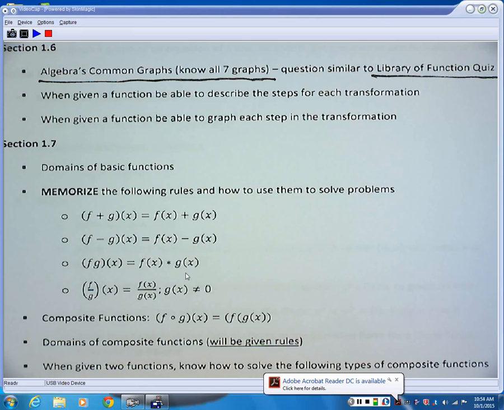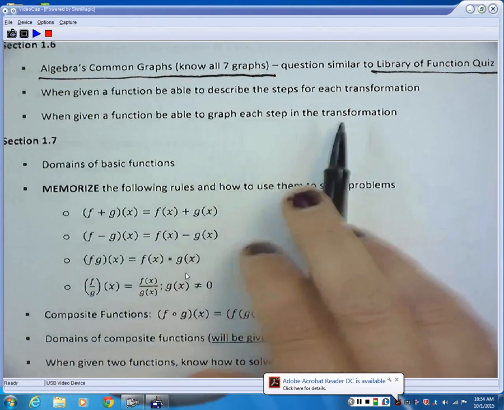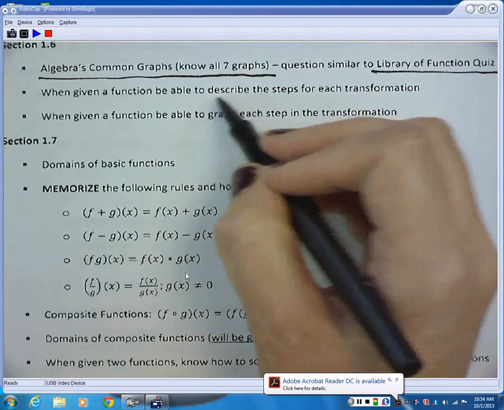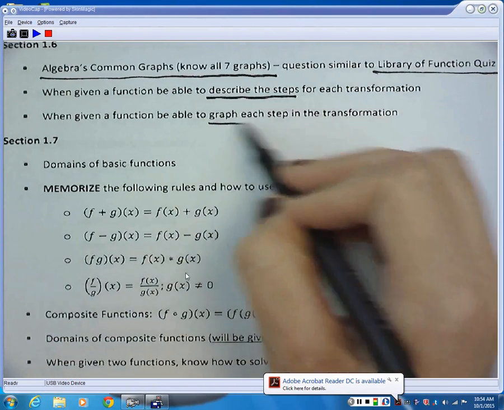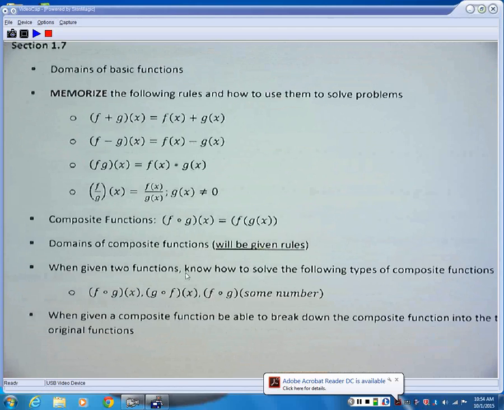All right. When given a function, be able to graph each step. So you have to be able to describe the steps and graph each step. That's section 1.6. 1.7. The domains of basic functions. So in 1.7,